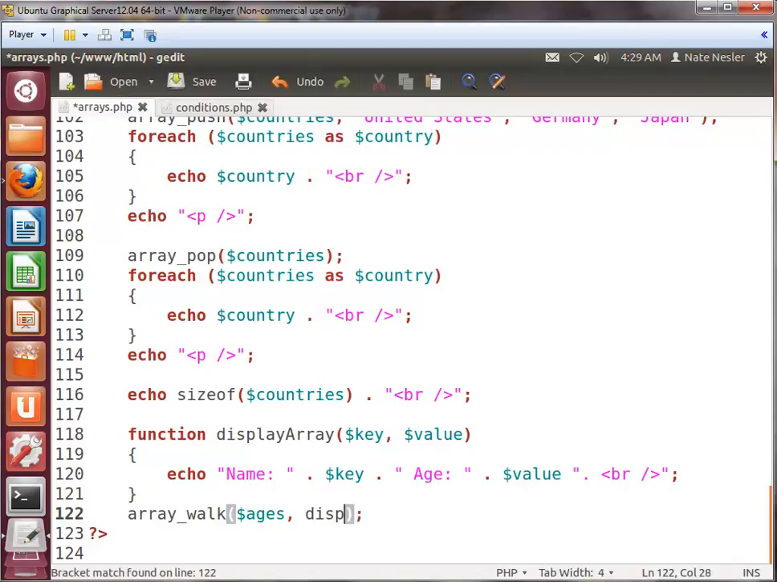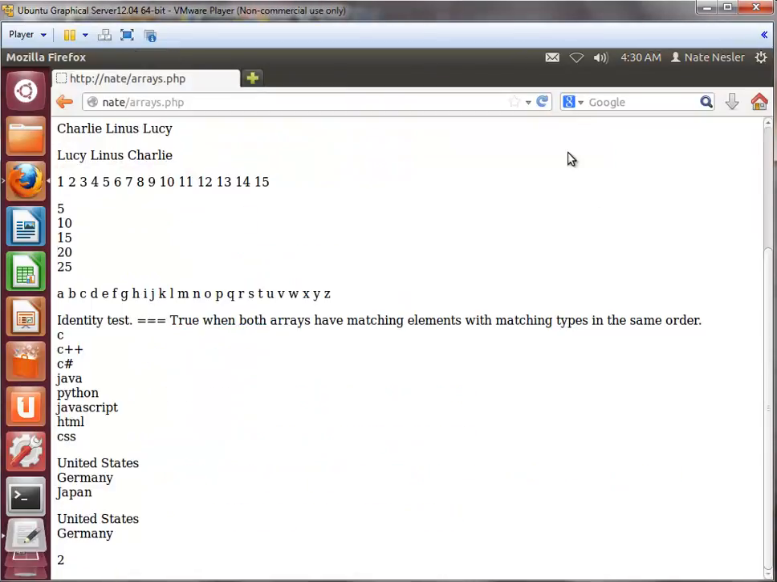Anyways, display array like that, and that's the function I'm going to pass in to this, and I need to put this in quotes like so. Okay, and then when we do this, it should just automatically go through all the elements. Again, I haven't tested this,